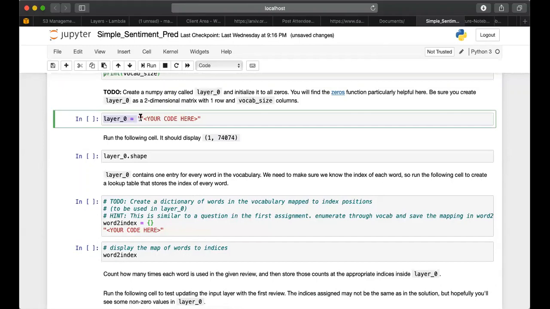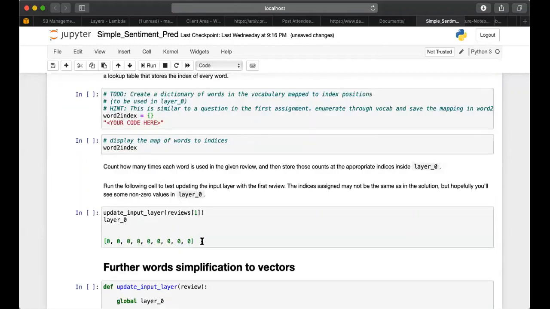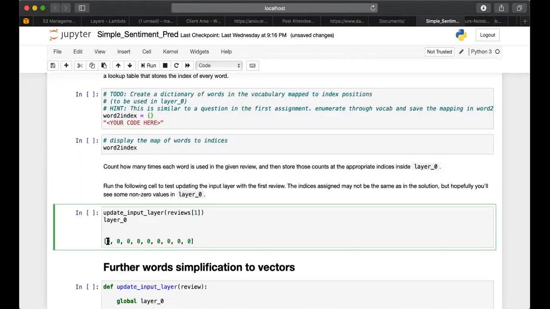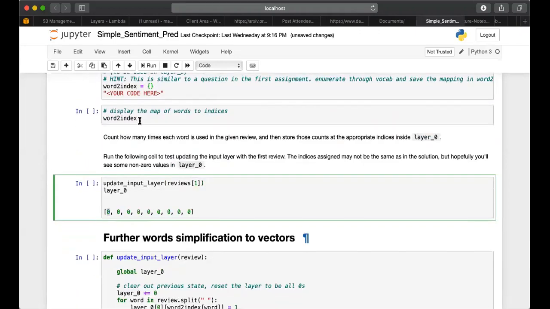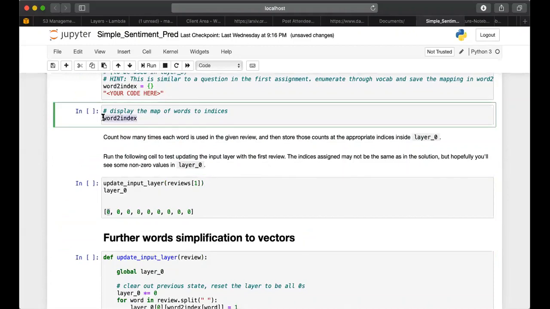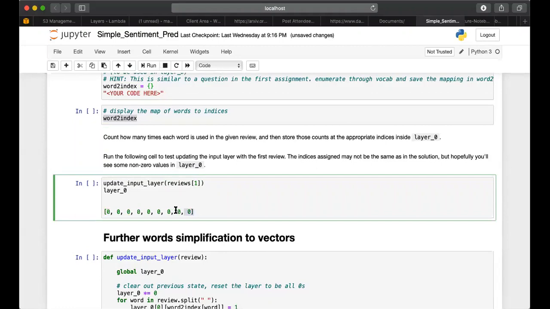Now the idea is this: the index of each of these zeros would correspond to what we have in this word index. So it is this NumPy array of zeros that you are passing into your neural network.